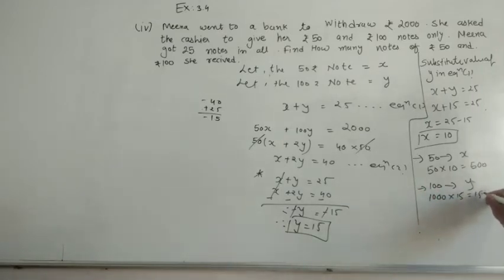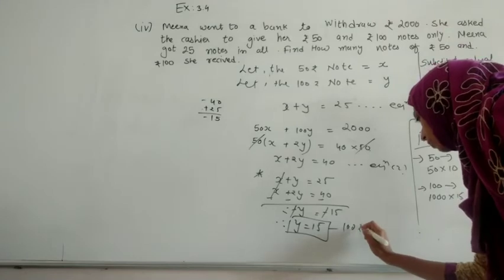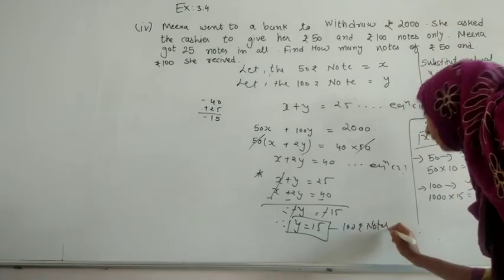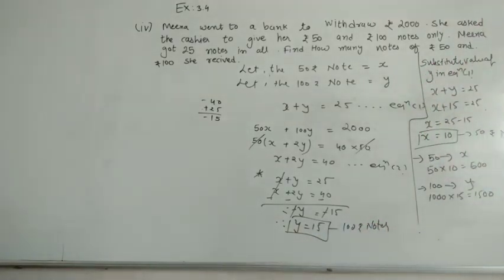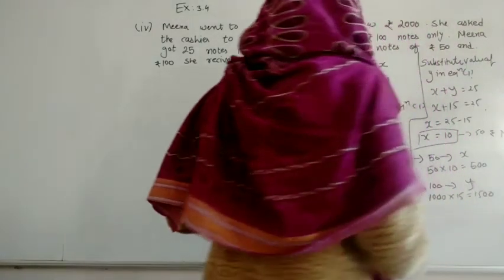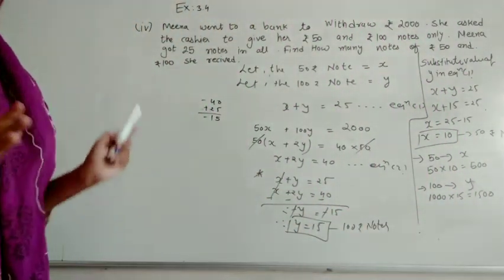So if we are getting 1500, and when we are getting x plus y यानी 25 नोट्स काउंट करेंगे तो मनी के फॉर्म में वो 2000 हो जाएंगे. So this is the end of the question. Find how many notes of 50. So we are getting, these are 50 rupees notes, and here we are getting 100 rupees notes. So here we got 10 notes of 50 rupees and 15 notes of 100 rupees, and we are making it as 2000.